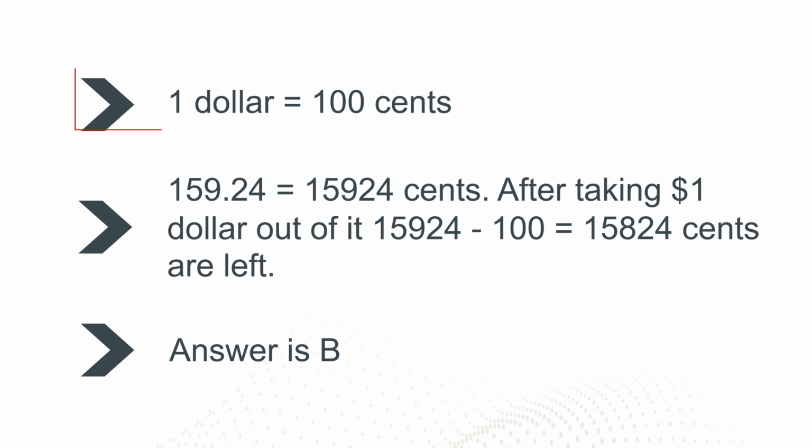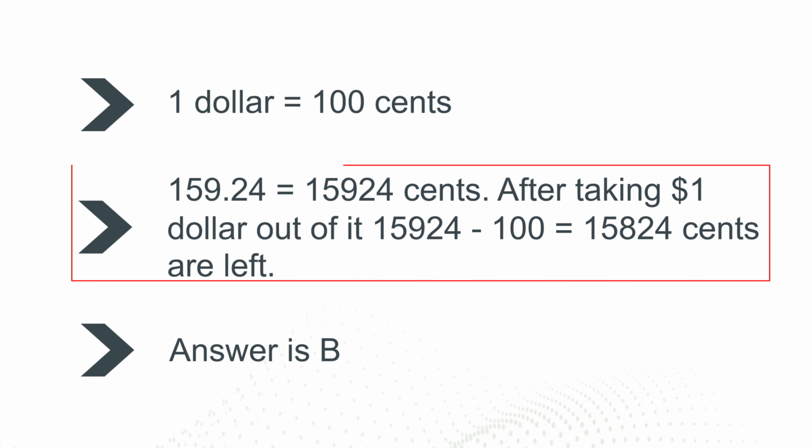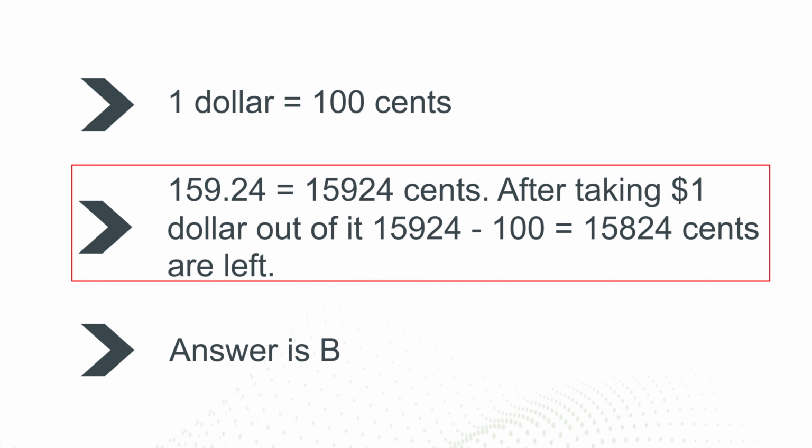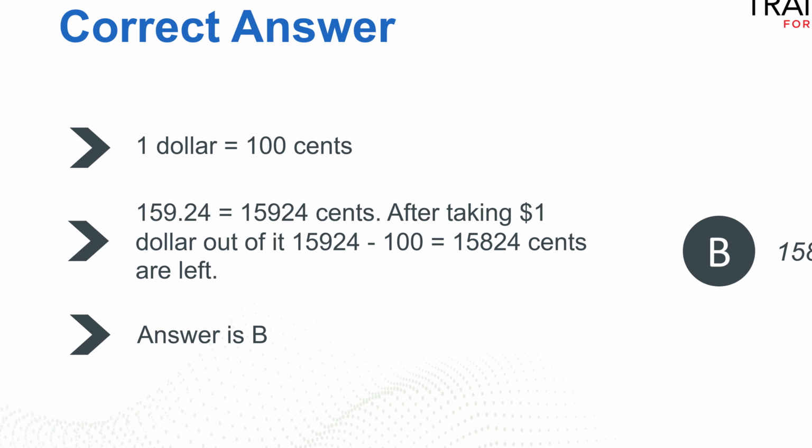The best way to answer it is to convert $1 into 100 cents, which means that $159.24 would be an equivalent of 15,924 cents. After taking $1 out of 15,924, we will get to 15,824 cents. So the correct choice here is B,